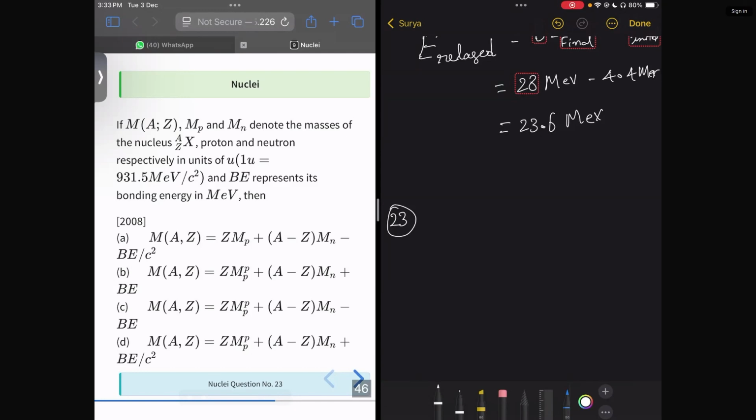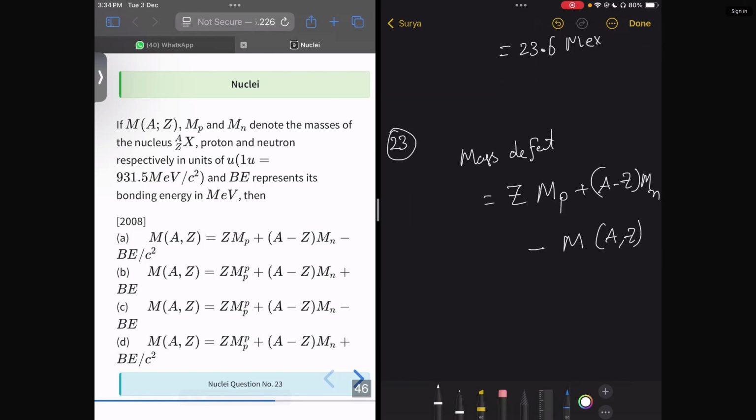So the mass defect will be Z into Mp, where Mp denotes the mass of the proton, plus A minus Z, the number of neutrons, into Mn, minus the total mass M(A, Z)